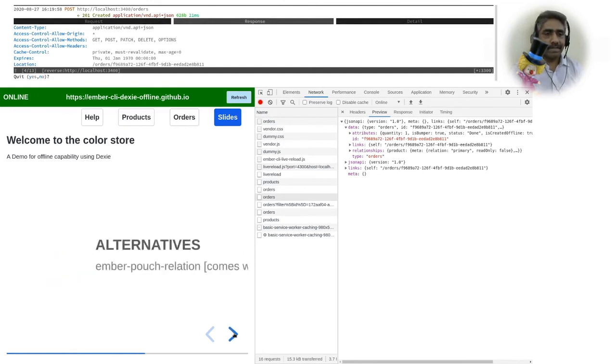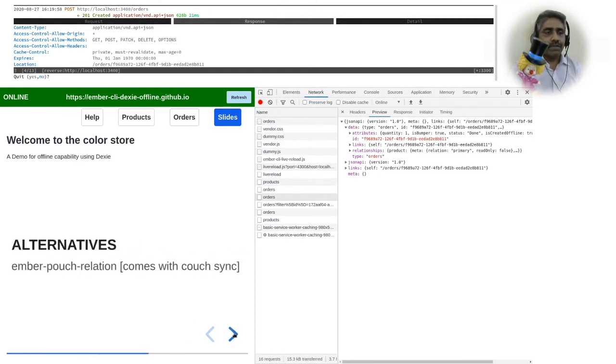Thanks, guys. And with regards to offline management, we also have another add-on, Ember Pouch, which has a backend against CouchDB. So this might be a good fit for other cases, but with the use case that we had, we had an existing JSON API server, and it was kind of difficult to munch the data and to take care of the conflict revisions between requests. So we first tried this add-on, and then we decided to go with the Dexie version of it.